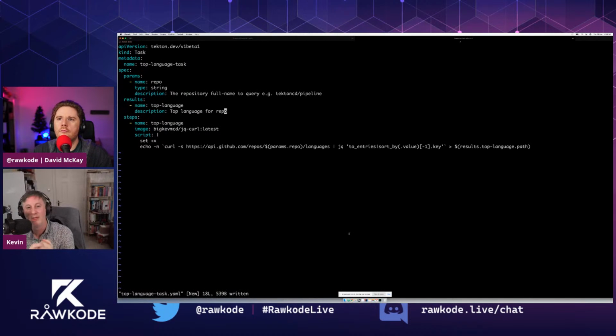It takes a repo and goes to GitHub and then uses JQ to work out the most common language. If you go to /languages on a repo, you get this map back of all of the languages, like when you go to GitHub and you can see it. So this will go and do it, and we'll put out the top language. How useful is this? Probably not all that useful, but let's